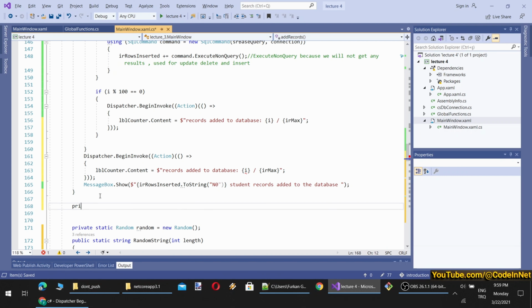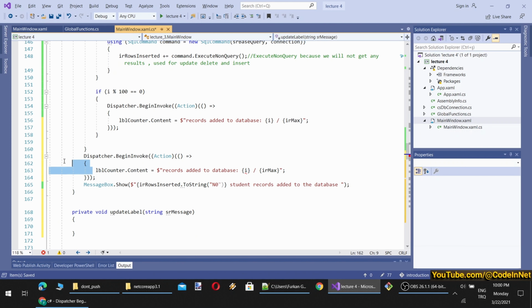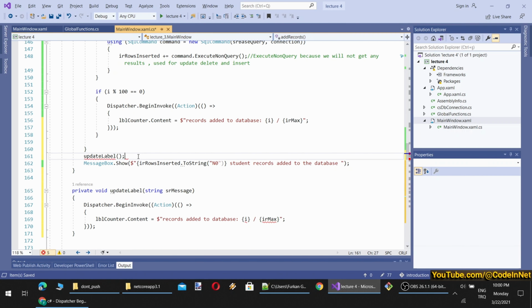How? We can write a method here, private void UpdateLabel, with a message, and inside here we can simply do it like this. When you are writing code, you should convert everything into method calls, so you won't be duplicating code. Here the content will be equal to message. All right, so simply this.